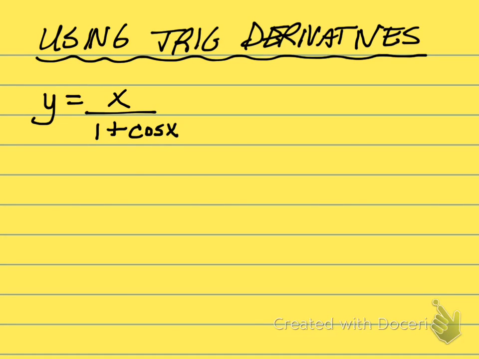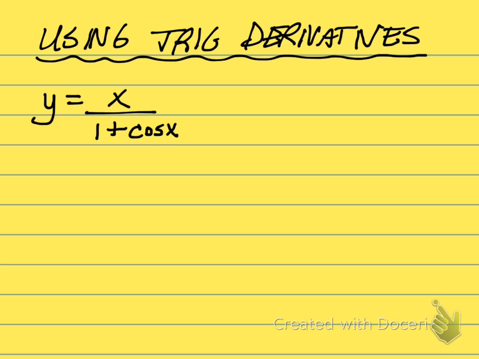Okay guys, let's do a mini lesson on how to use trig derivatives. In class we've introduced the 6 trig derivatives. So let's use one of those 6 trig derivatives inside of the quotient rule here. I give you a function, y equals x over 1 plus cosine of x, and I want you